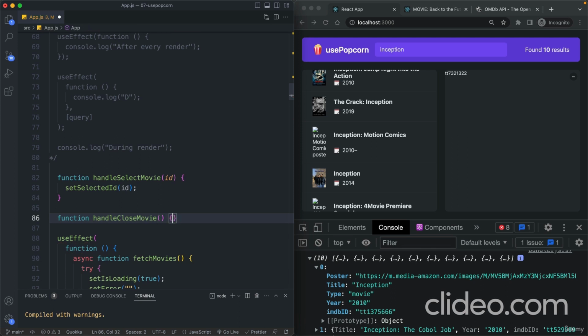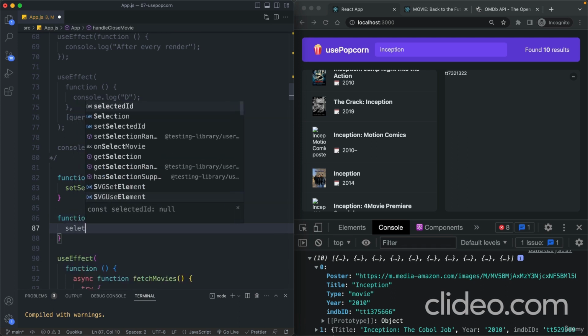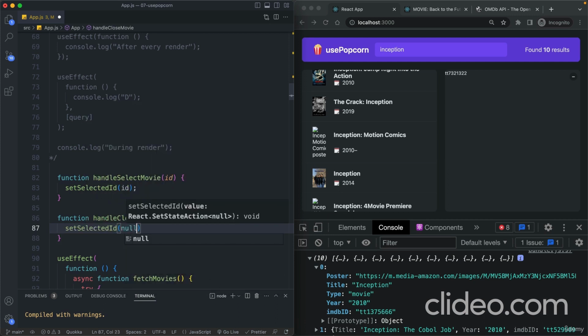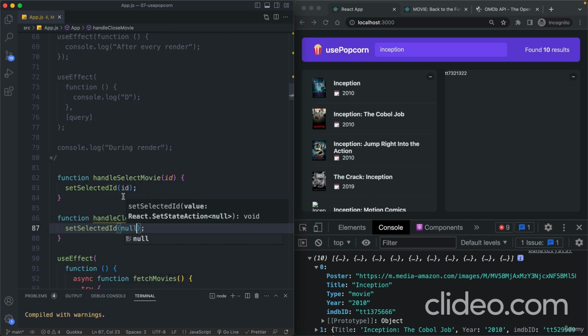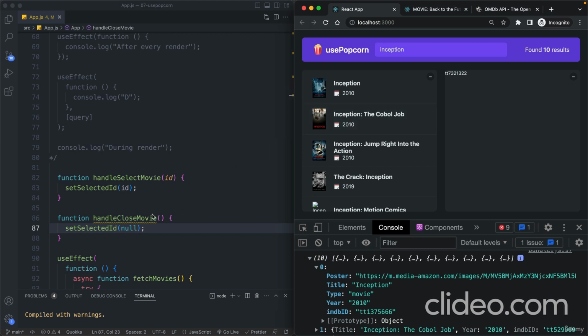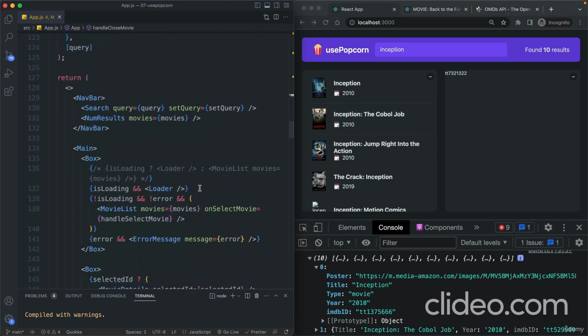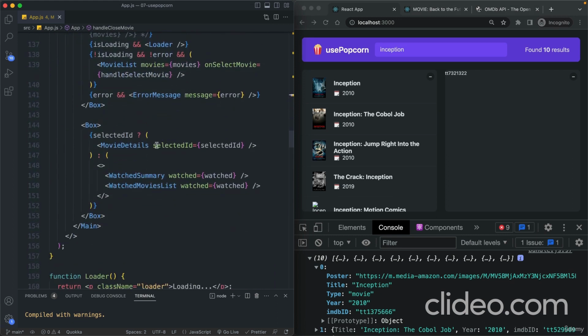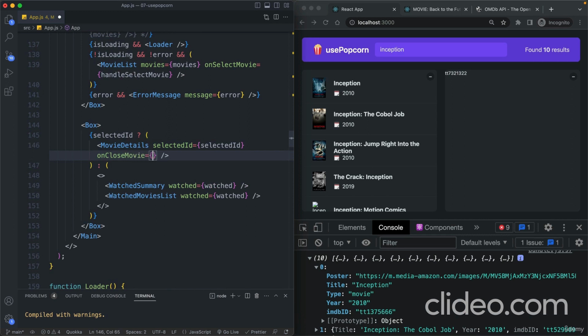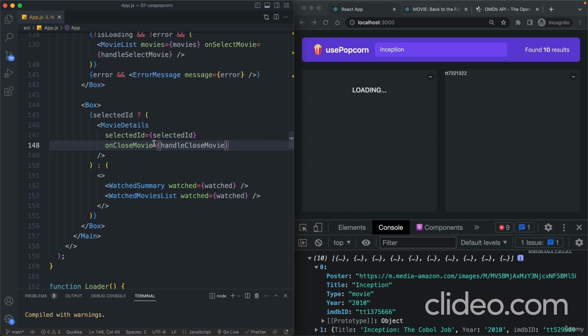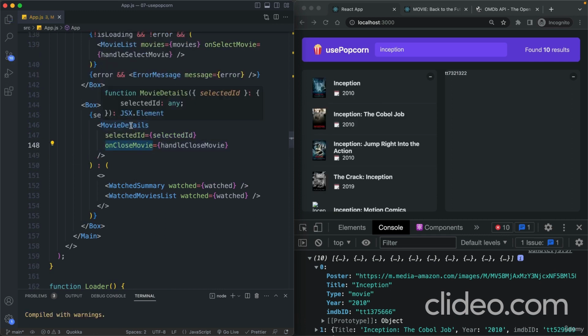And this one doesn't need anything because all it will do is to set the selected ID to null. Okay. And then of course we need to pass this function into the movie detail. So right here on close movie. And then let's grab that, move there,